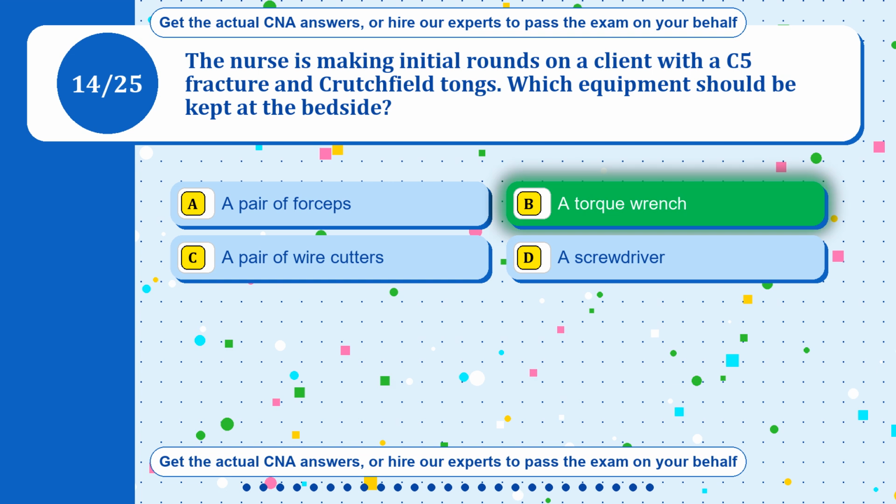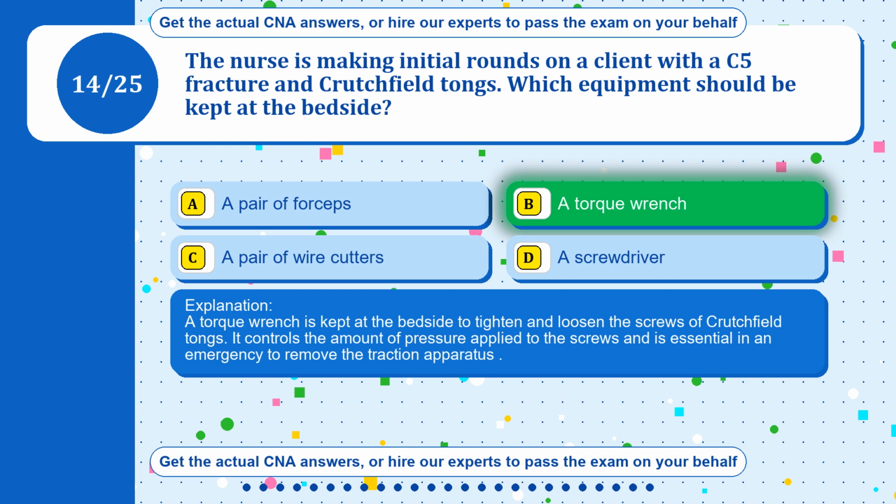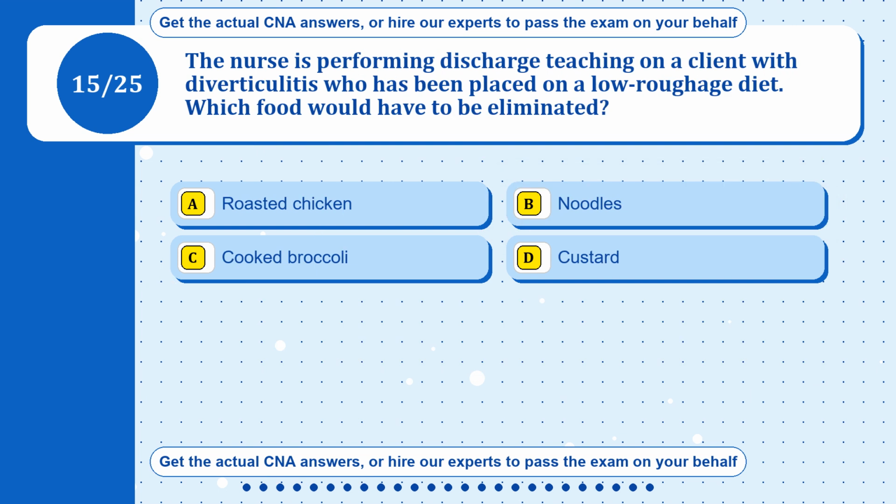A torque wrench. A torque wrench is kept at the bedside to tighten and loosen the screws of Crutchfield tongs. It controls the amount of pressure applied to the screws and is essential in an emergency to remove the traction apparatus. Question 15. The nurse is performing discharge teaching on a client with diverticulitis who has been placed on a